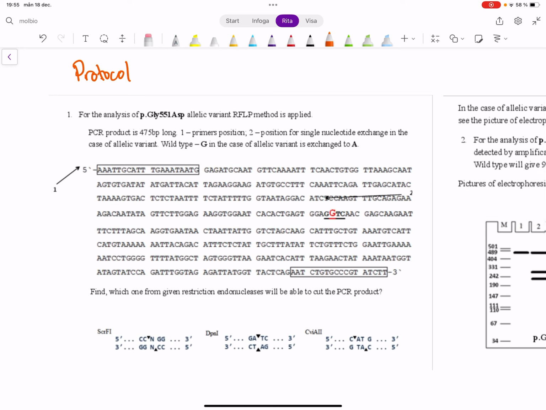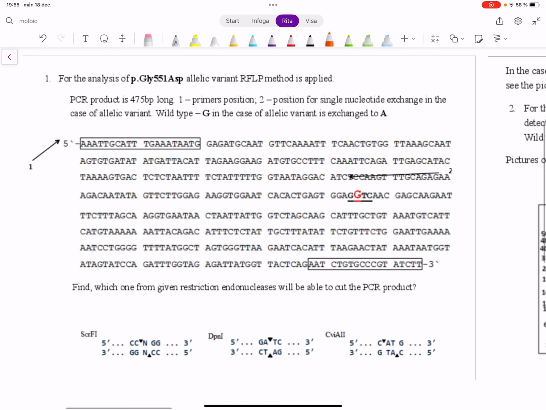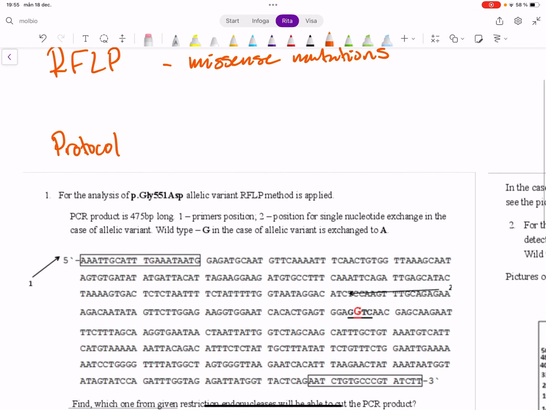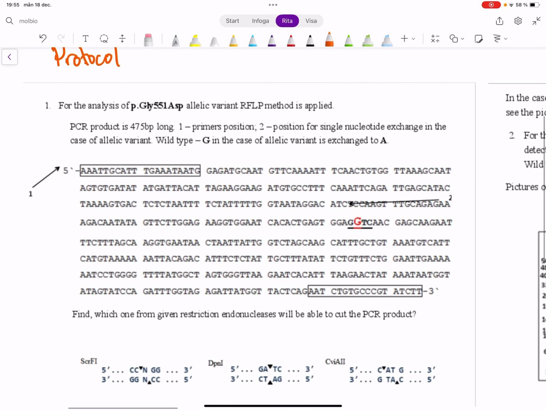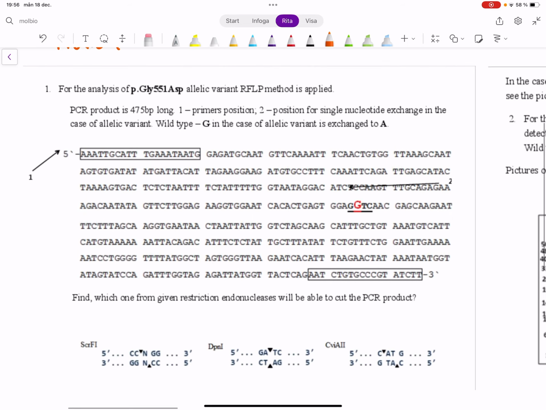Now, what would be the point in putting it with a restriction enzyme? This restriction enzyme will cut the DNA fragments. So basically, with RFLP, you can either cut the wild type, or you can cut the allelic variant of alleles. So for the protocol that we did,